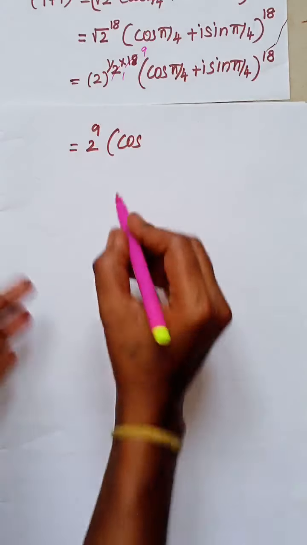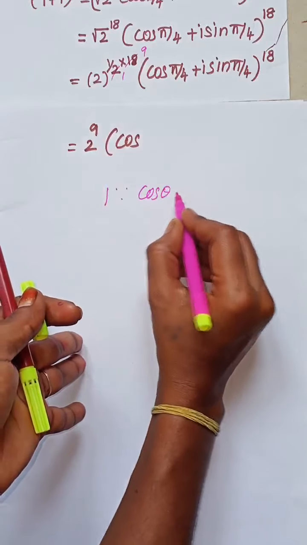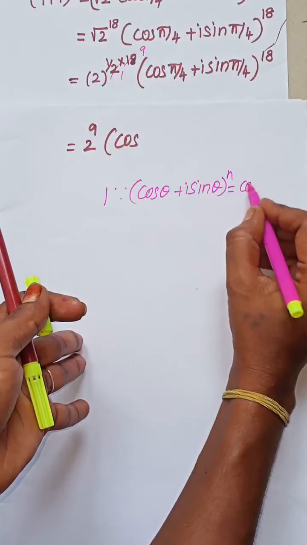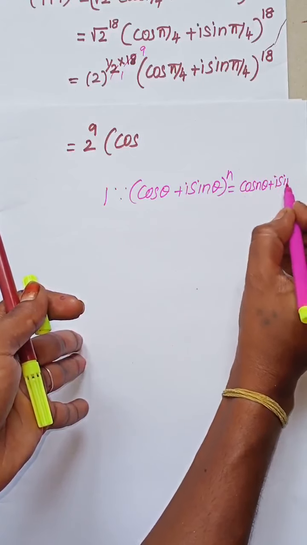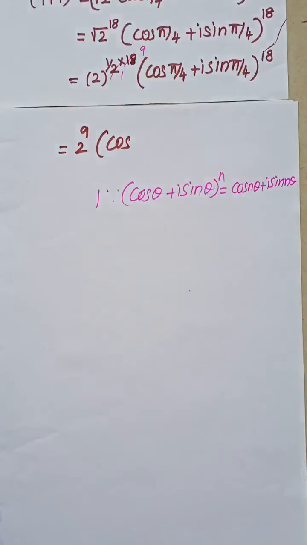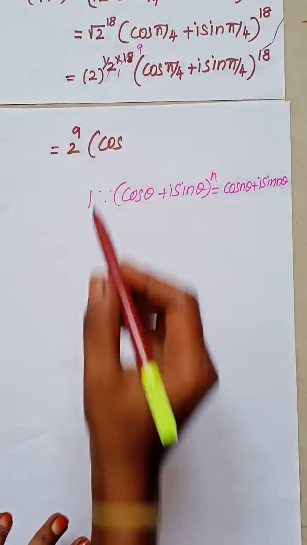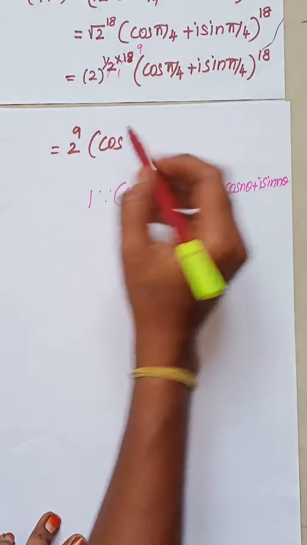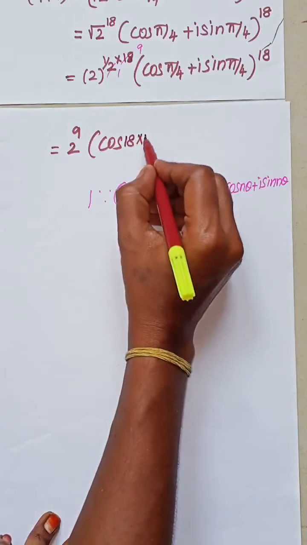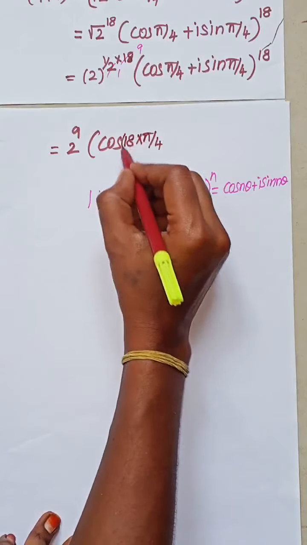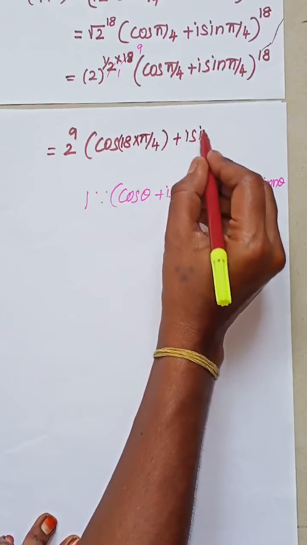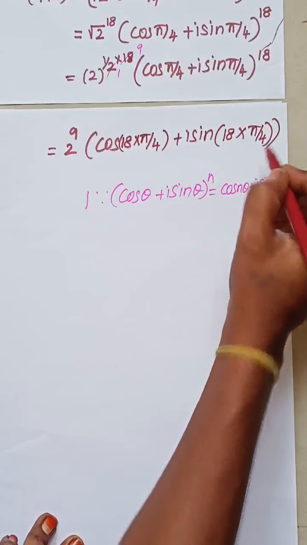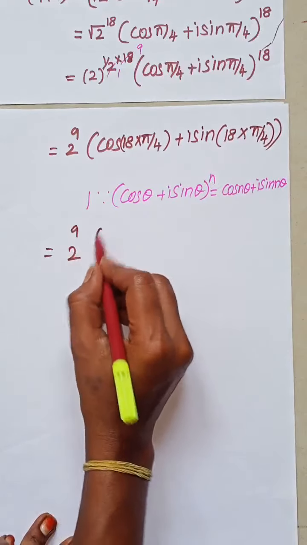What is the De Moivre rule? (cos theta plus i sin theta) the whole power n is equal to cos n theta plus i sin n theta. So 2 power 9 into cos n theta, n is here 18, into theta is pi by 4, plus i sin n, which is 18 into pi by 4, which is equal to 2 power 9 into